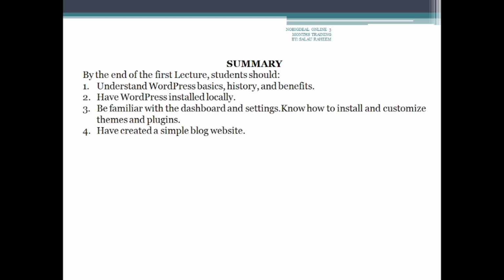In summary, by the end of this first lecture, students should understand WordPress basics, the history and benefits. You should be able to tell people about WordPress, the history, when it started, and what their initial plan was, and the benefits that are in it.